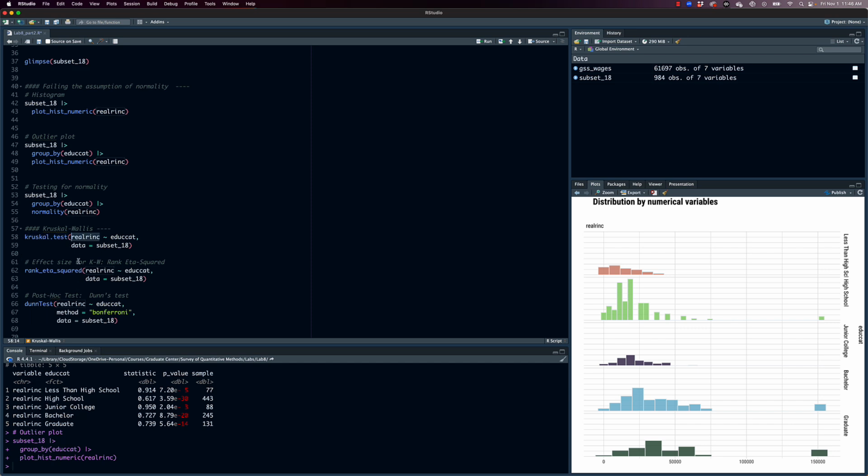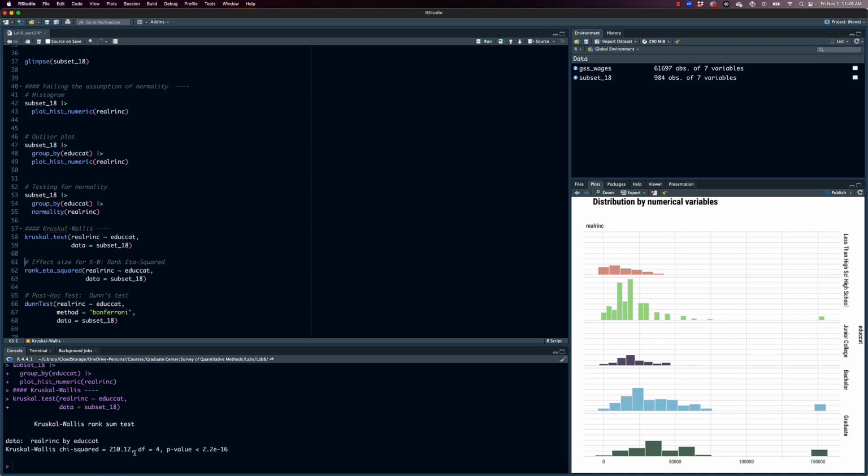You give it your dependent variable or numeric variable, the tilde, and the categorical or grouping variable. Specify the data and run it, and you'll see right away that the H statistic gives you a chi-square value of 210 with 4 degrees of freedom, which is just 5 minus 1, and this p-value,